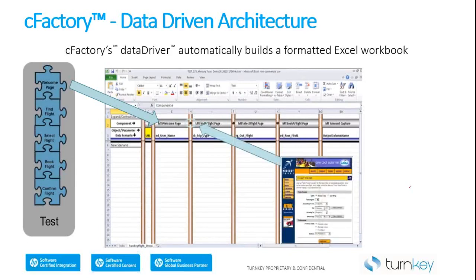The other thing we do is that we give you a visual cue. For users, we find that getting lost in the spreadsheet can happen, but if you just simply hover over that one spot, it brings up the actual screen from the application, so that ties back to the column on the worksheet, makes it really, really easy to navigate. And it's a little bit difficult to see, but if you look over on the very left-hand side of that worksheet where it says new scenario, this is where you would add in new test scenarios and add the data in across the application to build these new scenarios.